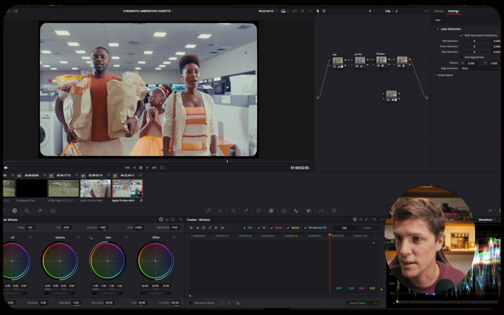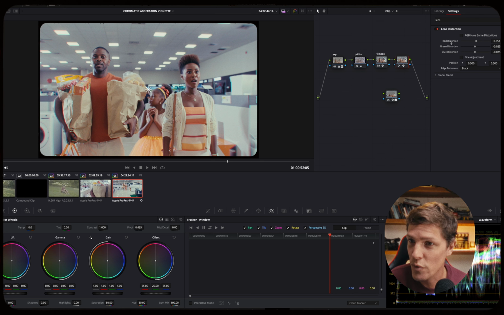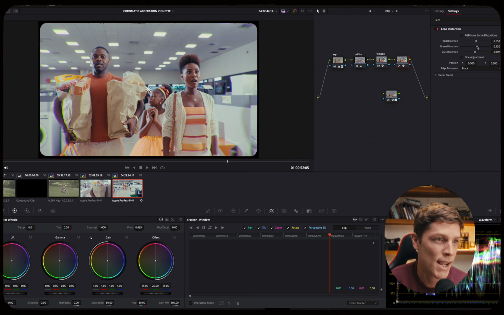I'm sure you could dial it exactly, but sort of there. And now what you do is you uncheck the RGB, have same distortions, and now you could actually, I mean, you could go really far, but you can manually slide the red distortion, the green distortion, and the blue distortion where you want it to be, right? So you could really dial in this effect